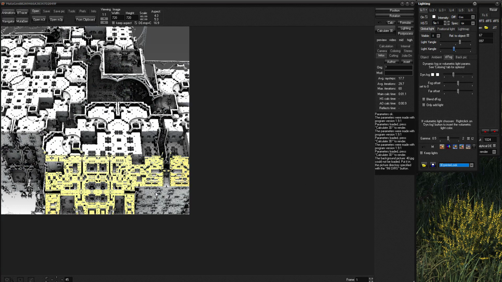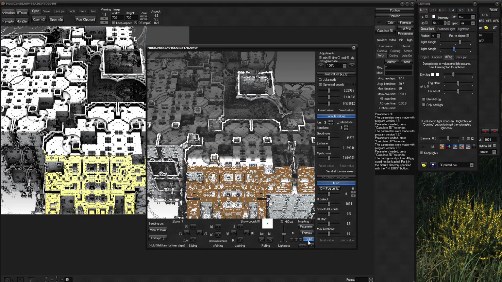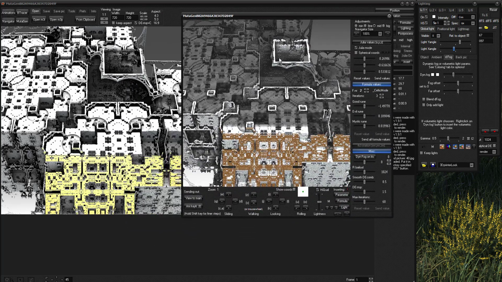And that's all. So when it's done, you can go to Navigator, import everything, because as you can see here, we don't have the same picture, not the same lighting, and not the same parameters. So click on Parameters, Formula, and Light. So we get everything. You see now it's the same. This little square is this little square that we have here. So it's okay.